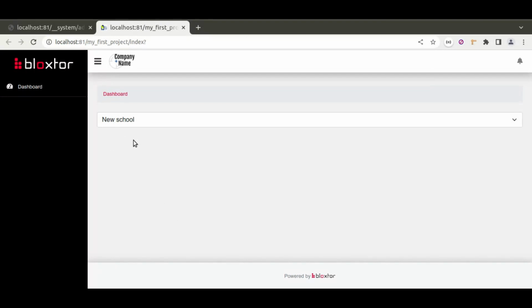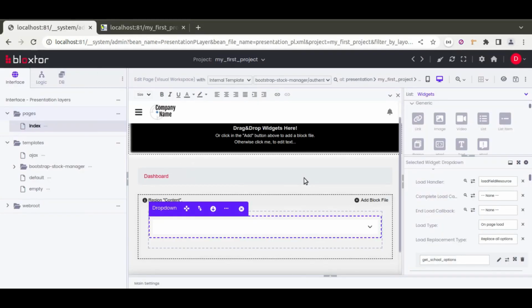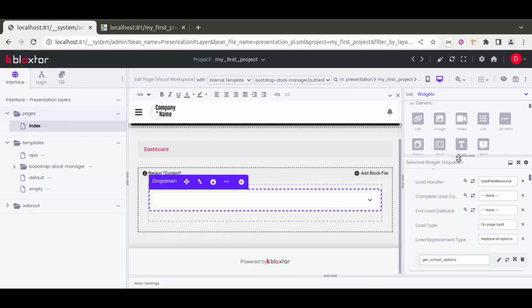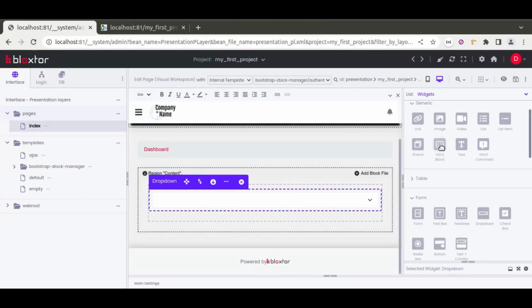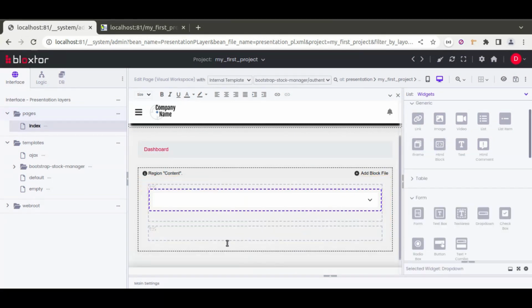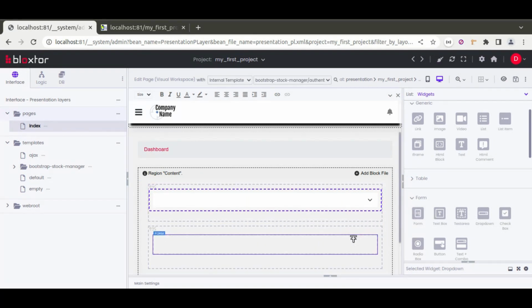This is just for the sake of this tutorial, just so you can understand how you can relate this combo box or this item with another HTML item, with another HTML element. So let's go back to our design area, and in here what we want to do is drag and drop another div, and let's drag a form here,